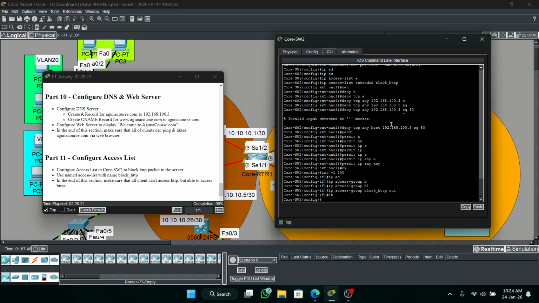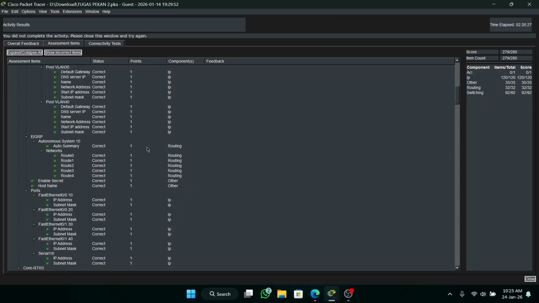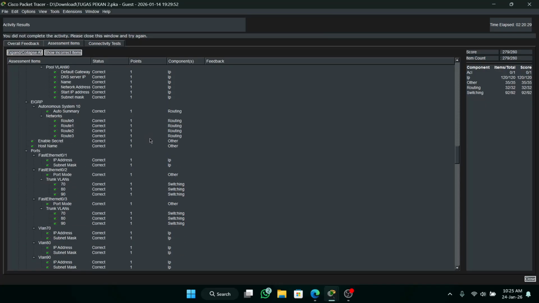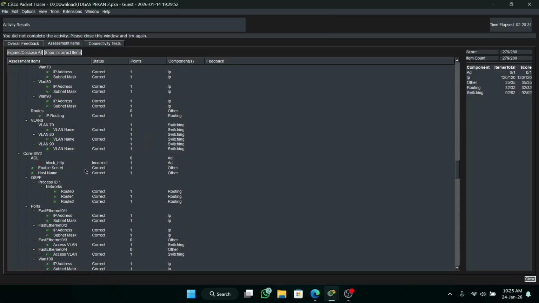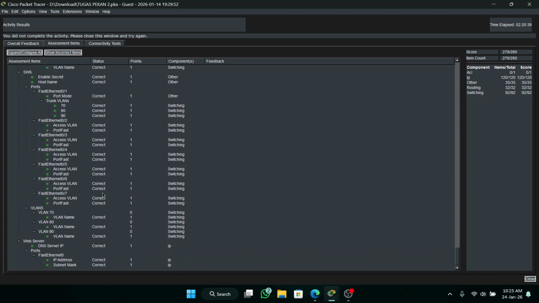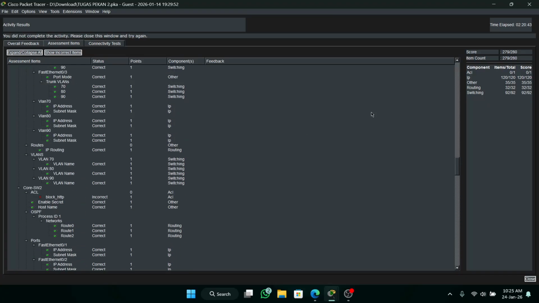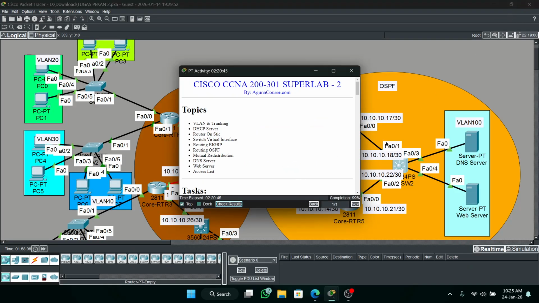Okay, check what's wrong here. ACL in core, access list block HTTP.